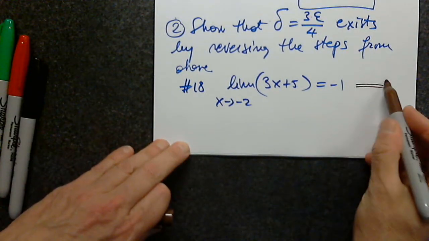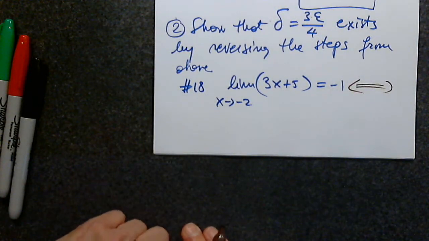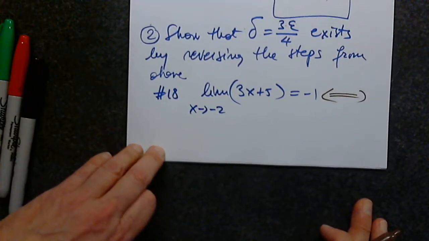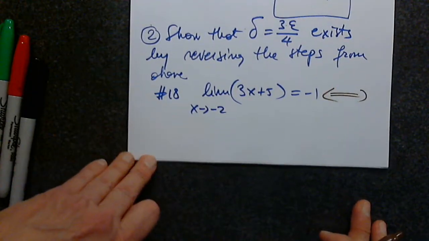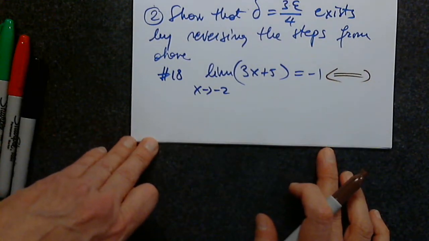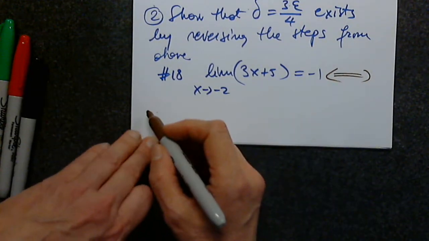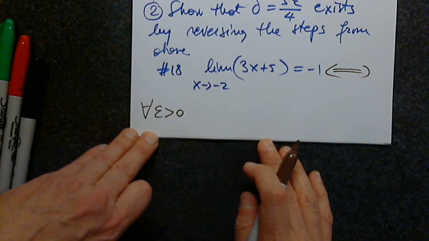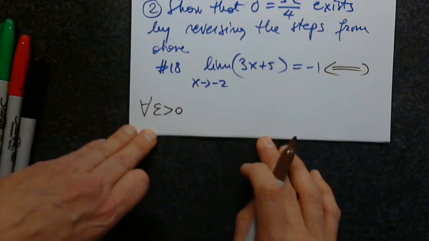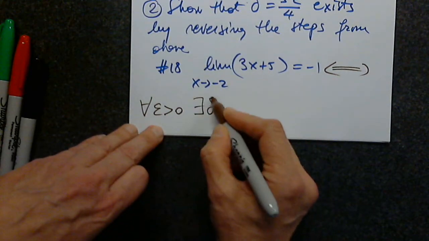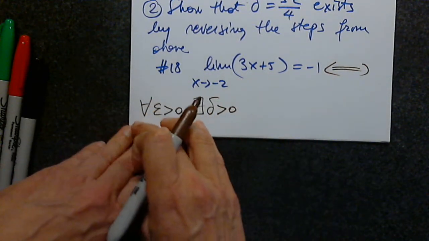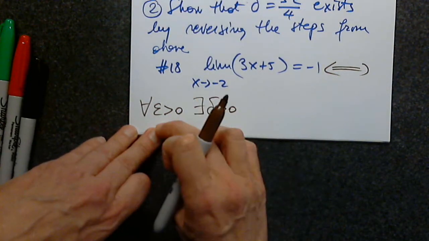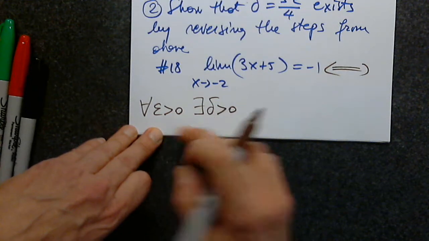So I have to write a double equivalency. And there are 3 symbols. If you want to remember them, fine. If you want to put everything in plain English, it's fine too. It's up to you. So upside down A: for every epsilon greater than 0. For every, for each, for any. There exists a delta positive. So for each epsilon, I will find the specific delta. Each delta depends on the epsilon I create, okay? Such that,